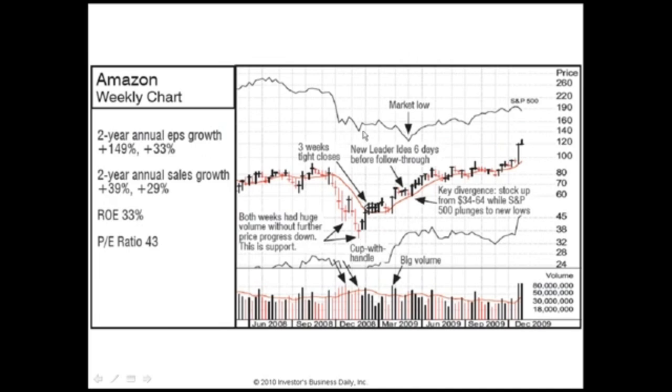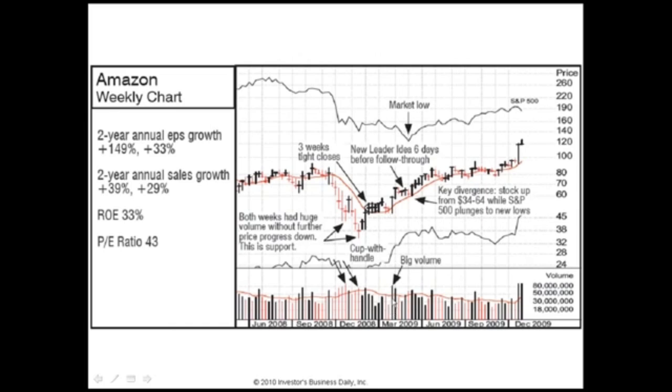Now this was probably one of these false follow-throughs that was occurring about that time, but you move up and see where there are 3 weeks in a row where it closes unchanged in price. We call these tight closes. Institutions will be accumulating the stock all in that price zone. Then you see the first pullback you have is 2 weeks, and on the second week the volume dries up in and along the turnaround and in along the low. When the volume's drying up, that's saying there's no further selling coming into that stock.